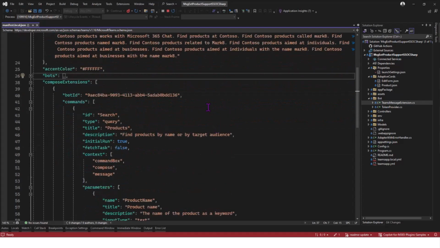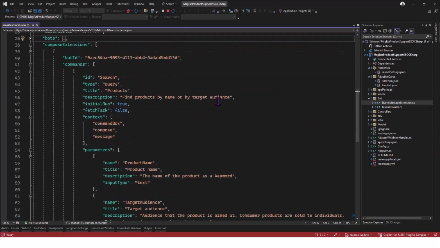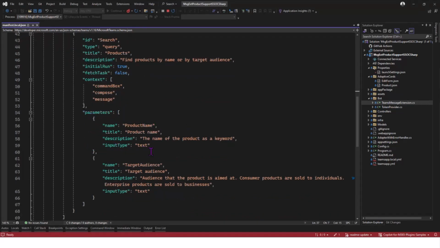Once it finds the app, it's then looking in the app to go, okay, what commands have I got available to then use in here? And we have a command here which has just got the ID of search, but it's a query command which has a description of, well, this command will help you find products by name or by target audience. So great, Copilot can understand then, okay, I can use this to find products. And then we have parameters, and these are kind of the slots of information that Copilot can send through to our code, which then we can use to call APIs,